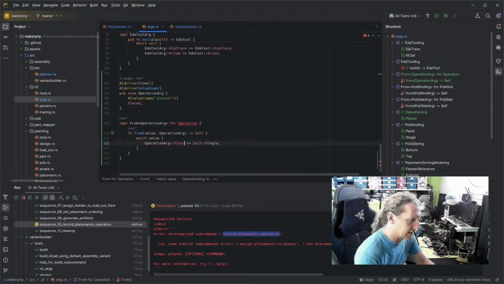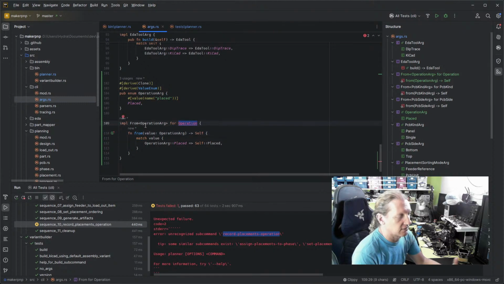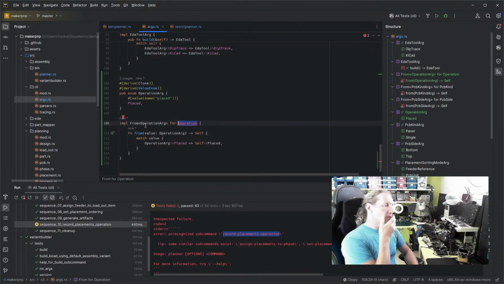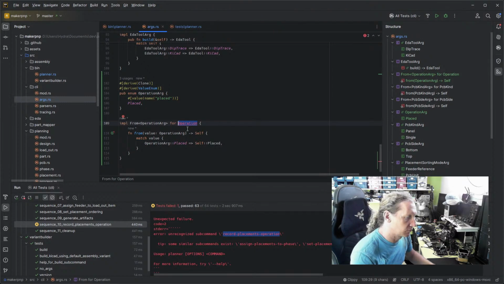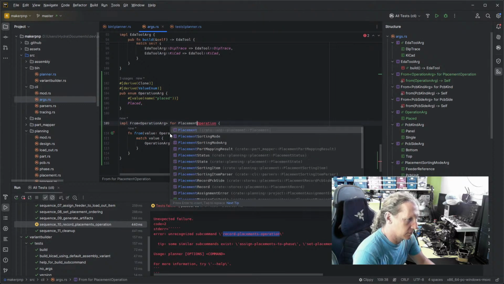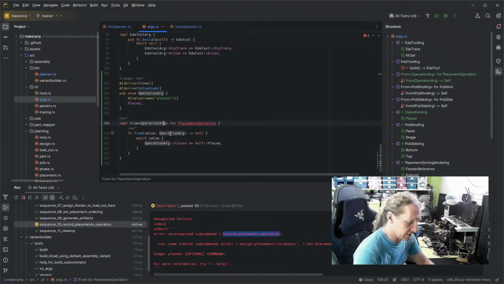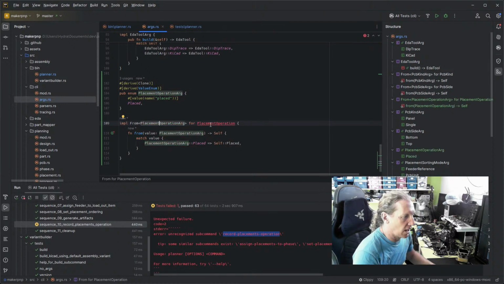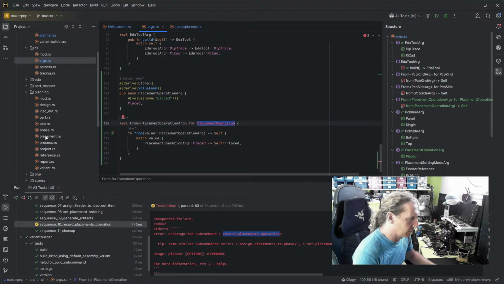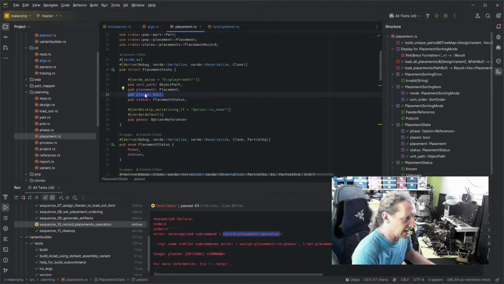And then it's going to be placed. Right, so this operation thing doesn't exist here yet. Is this a placement operation? I think it should be a placement operation. Let's rename this to placement operation. Okay, that looks better. So now back in our planning placement thing, we've got placement state, and we've got this,